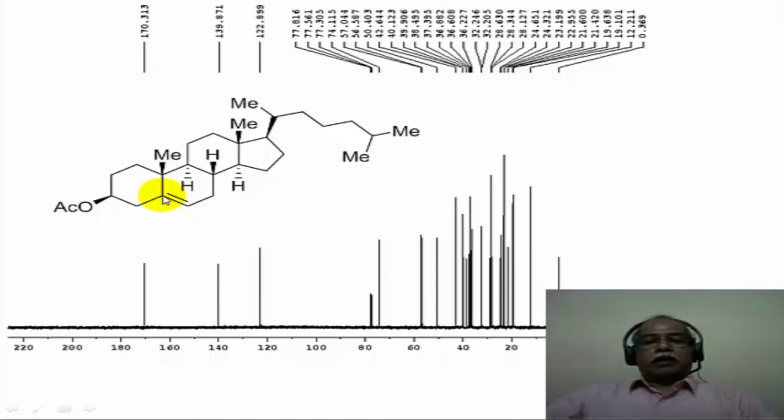And the olefinic carbons also, these are the olefinic carbons. There are only 2 olefinic carbons which show up in the olefinic region. The more substituted olefinic carbon comes at a higher delta value compared to the less substituted olefinic carbon, which comes at a lower delta value. And this is a CDCl3 peak, the 3-line pattern that you see for CDCl3. The rest of the carbons are all because of the skeleton that you have, which is basically an aliphatic skeleton. More or less a clean spectrum is what is obtained for this cholesterol acetate.